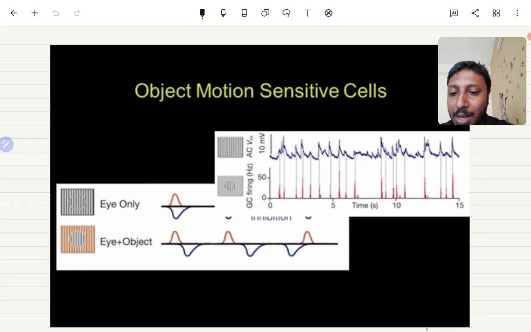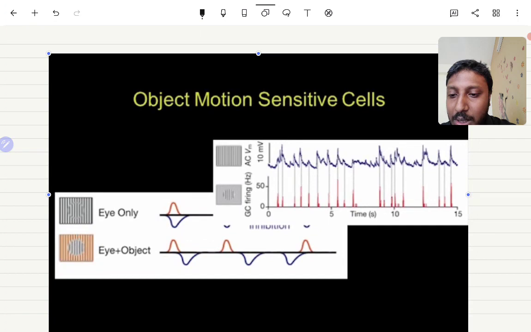If a point is moving irrespective of the surround, the movement will produce a spike.